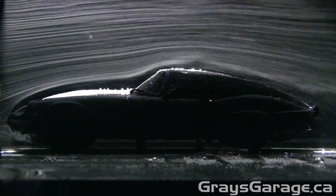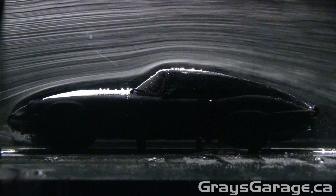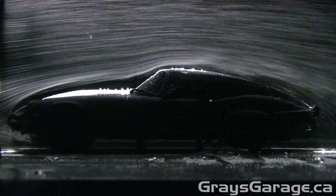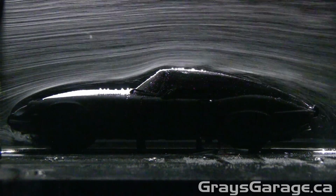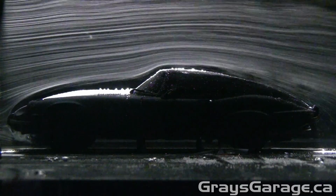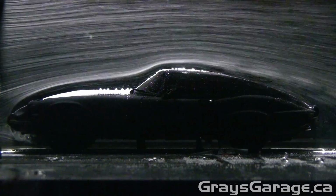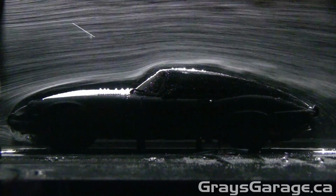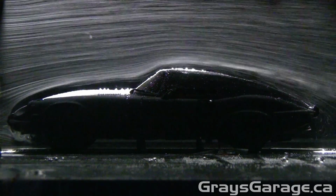Now you might say, is that really smoothly? Well, we'll take a closer look when it's at high speed, which is more realistic of the actual car on the highway. But you can agree that it's much nicer than the open top. And if we look at the back, we can see that the flow separates near the rear bumper, and we get some recirculation at the base of the vehicle where the exhaust pipes are. So let's now move to high speed. Actually, you know what, before we do that, let's turn on some